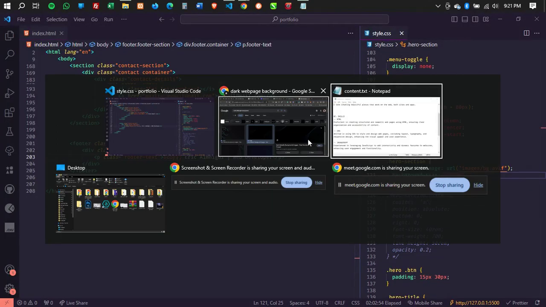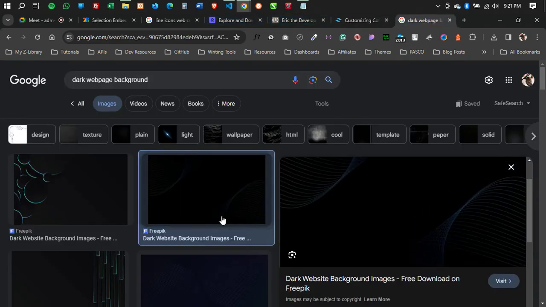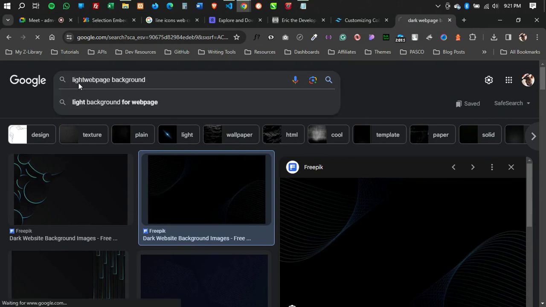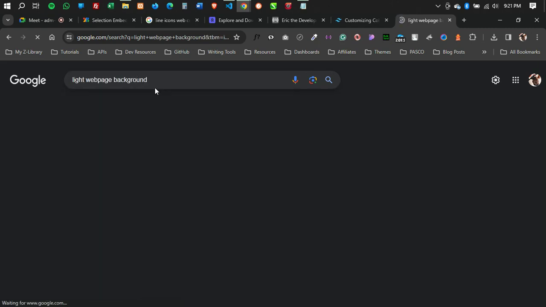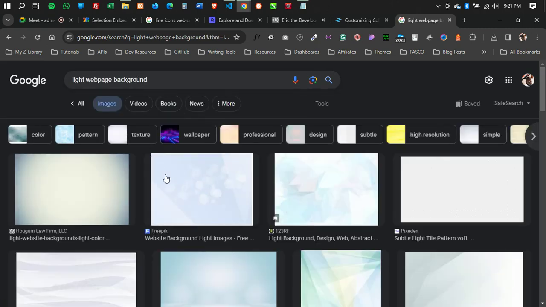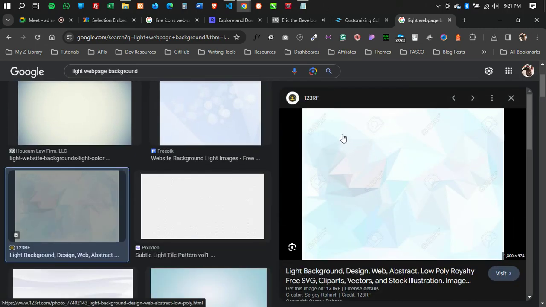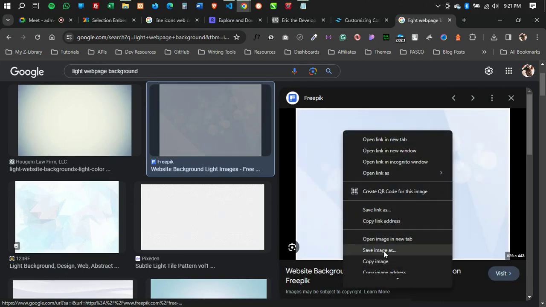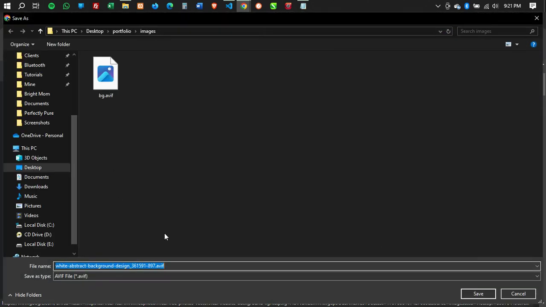Well, let's go with this for now, and then let's go ahead. Let me pick another background which is a little lighter. This got watermarks, and let me save this as BG